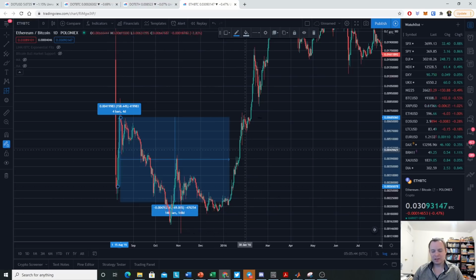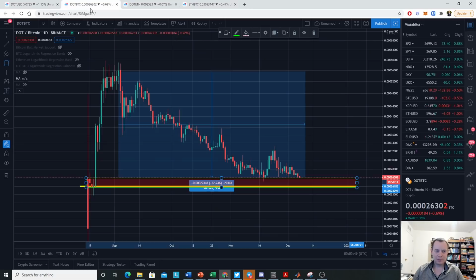Now, just because Ether made a nice move against Bitcoin obviously does not automatically indicate that Polkadot will. I just personally think it's worth having one new project in the portfolio at least to ride throughout the market cycle. There's really no mental barriers for it because it has not experienced a bull market. And if it does experience a bull market, there's really just no telling how high it could theoretically go.